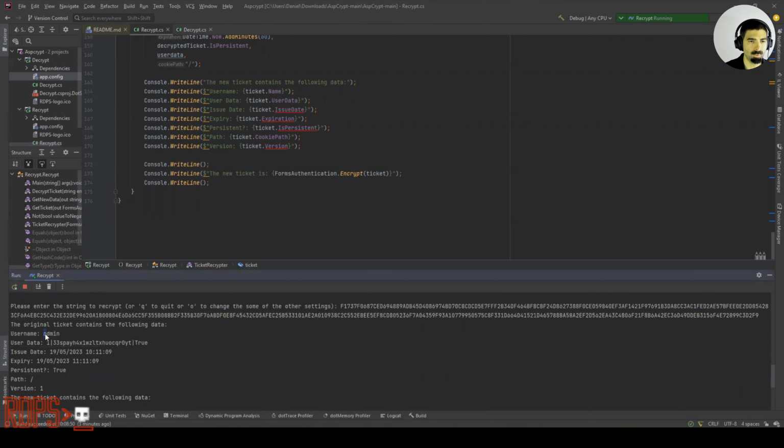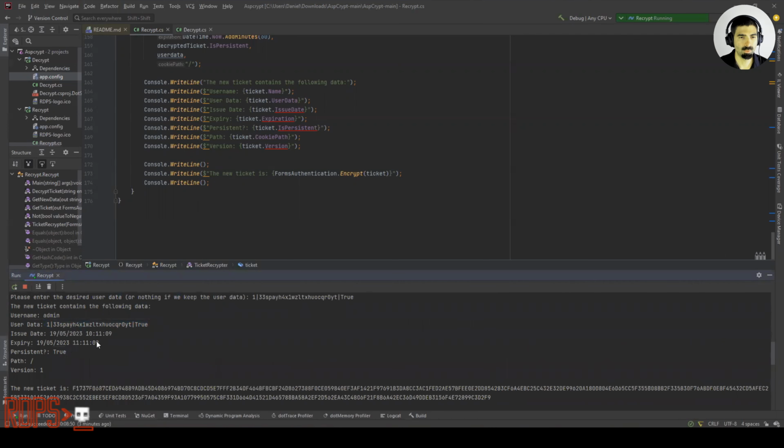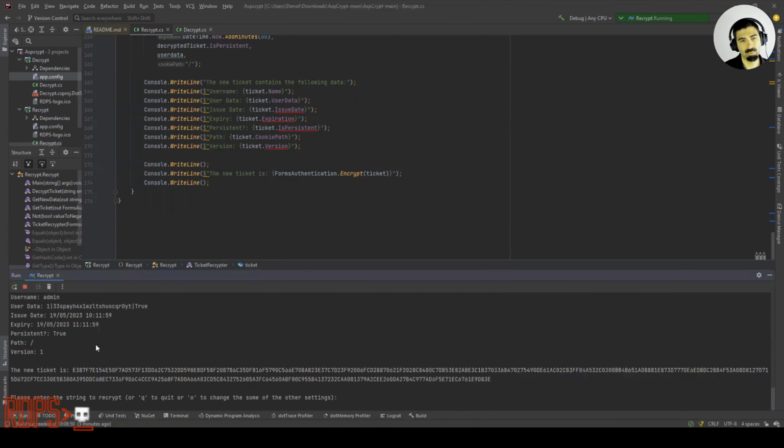actually decrypted to. So the new ticket decrypted to admin. This data is exactly how we set it. The expiry is exactly what this one claimed here. So everything works. It bumped up that expiry yet again and fed us a new ticket, which we can then